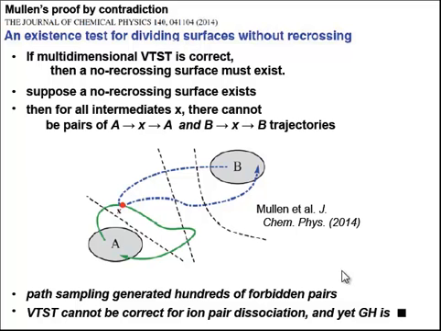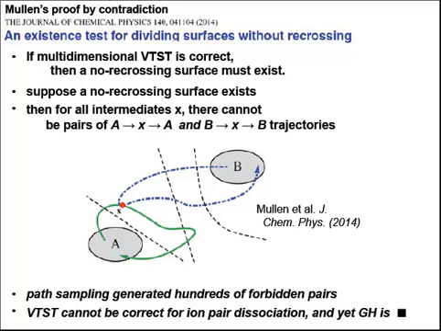So what Ryan did was he analyzed the transition path sampling data that we had. This was data using an NVE algorithm so that our thermostat didn't cause any extra recrossing, and he found hundreds of these forbidden pairs, suggesting that really recrossing was rampant in this system, even though Grote-Hynes theory worked. And so that's really, I think, a first counterexample to this view that when Grote-Hynes theory works, there must be some underlying linear character to the problem.